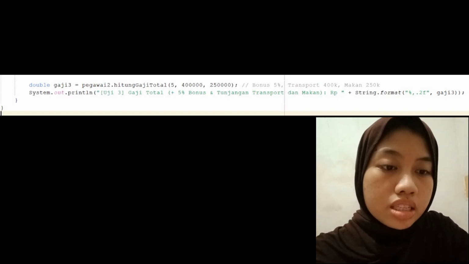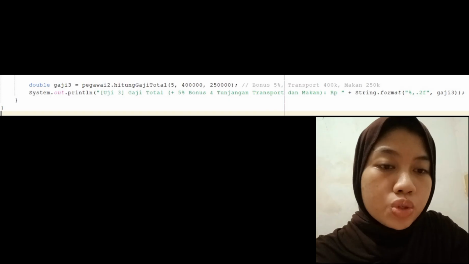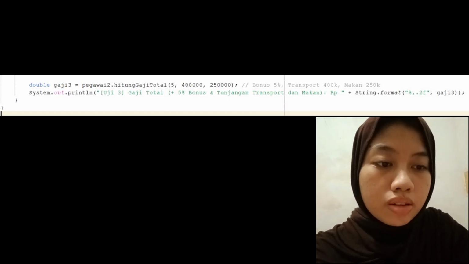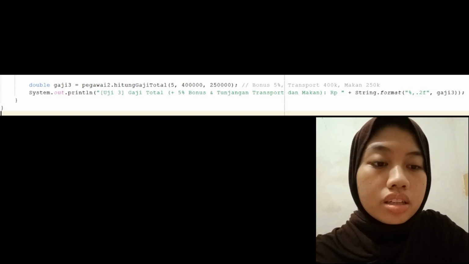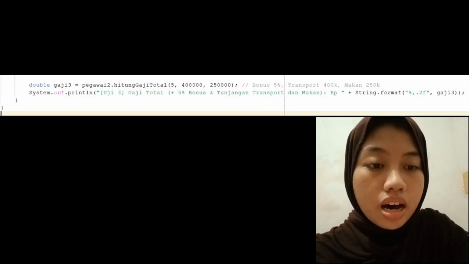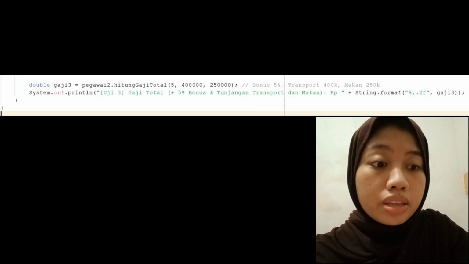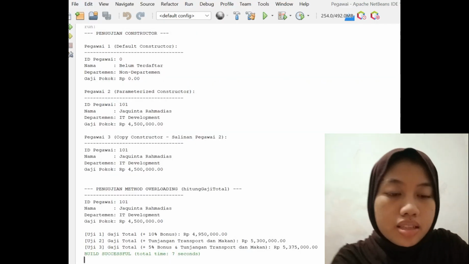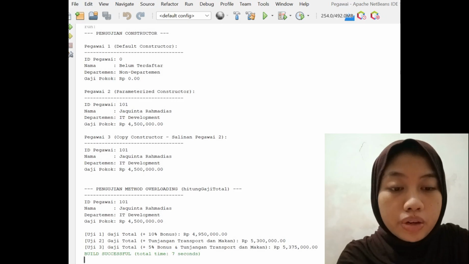The second test is performed, double gaji 2 karyawan hitung gaji total. The compiler automatically selects the version of the method with the appropriate 2 parameters, which are transport allowance 500 and meal allowance 300. And this is the output of the program.